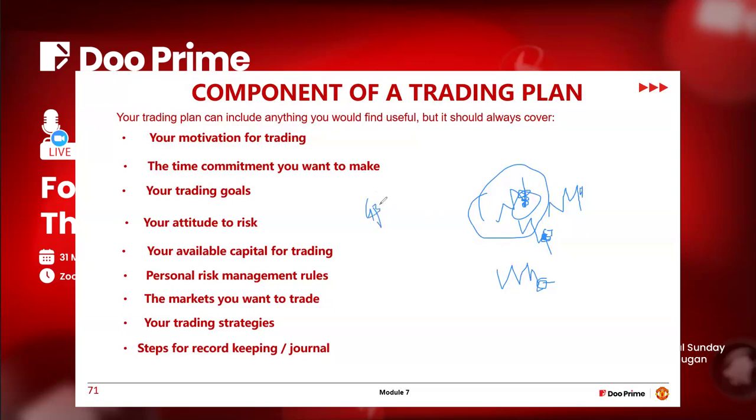An example now, as your only pair. If pound USD is trending, let's say it's trending bullish, and you already back tested it, you already worked with it, and you found out that your trading strategy works best in the trending environment on this pair, you stick to it. This is one thing the market does. The market ranges 70% of the time and only trends 30% of the time.